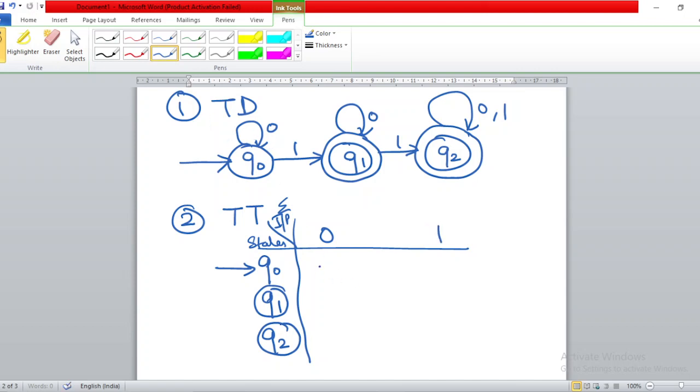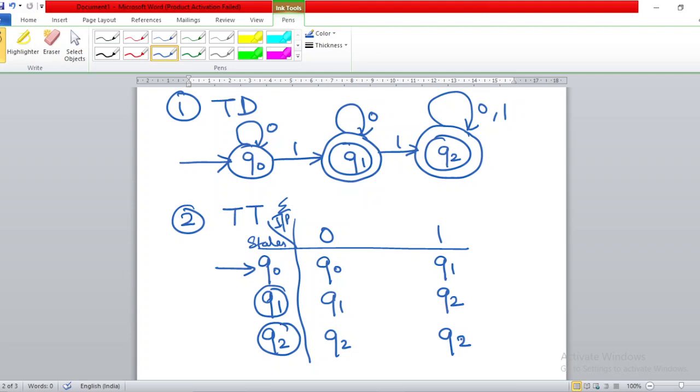On Q0 you are giving 0, you are remaining in this state. On Q0 you are giving 1, you are going to Q1. On Q1 you are giving 0, you are remaining in Q1, and on Q1 giving 1 you are going to state Q2. On Q2 if you give 0, you remain on this state, that is Q2, and on Q2 if you give a 1, it remains on this state, that is Q2 again. So this is how we can represent a finite automata by means of either a transition